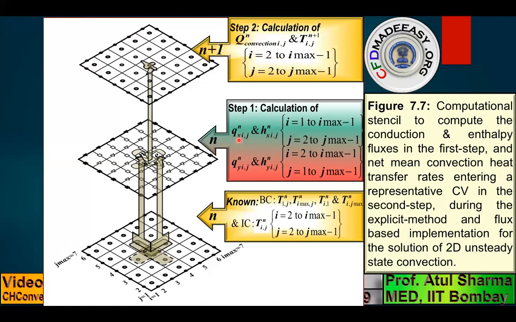So after you've calculated the fluxes, you calculate the total heat gained by convection and the temperature for the next time step. So this is a two-step methodology where, using the data from the first picture, you obtain the temperature distribution for the second picture. And from the second picture, you obtain the temperature distribution for the third, and so on. And this picture by picture gives you the movie for temperature distribution for heat convection.